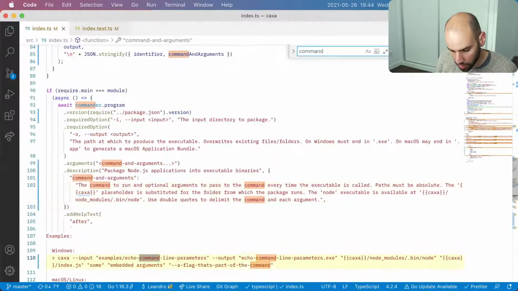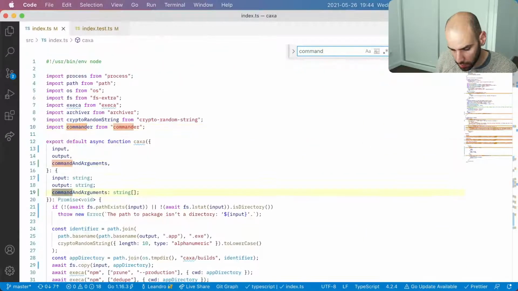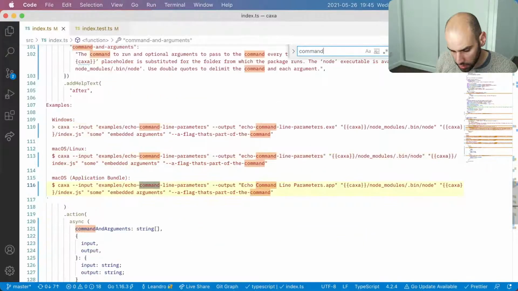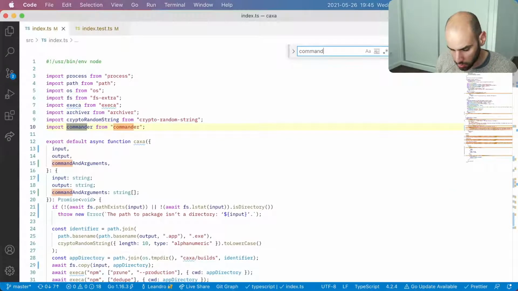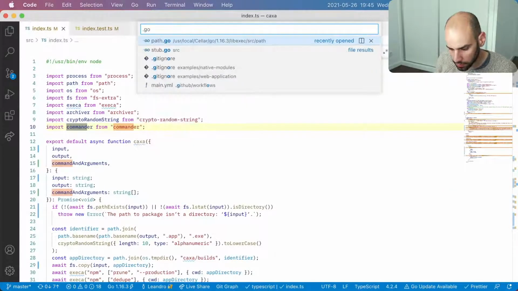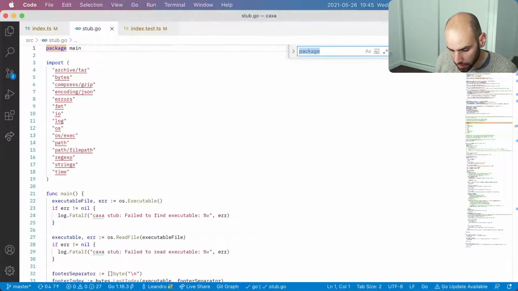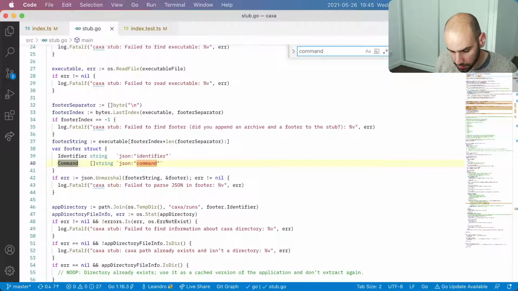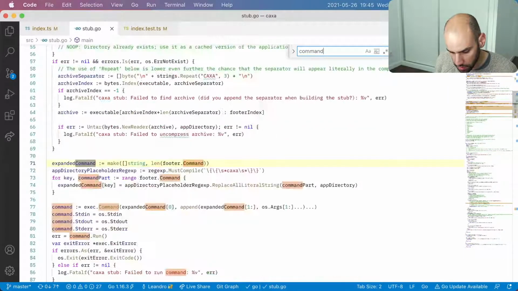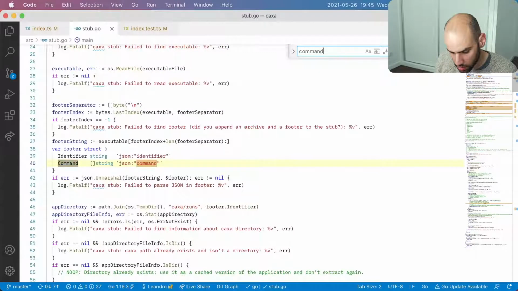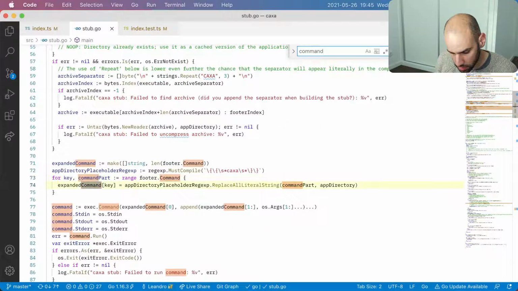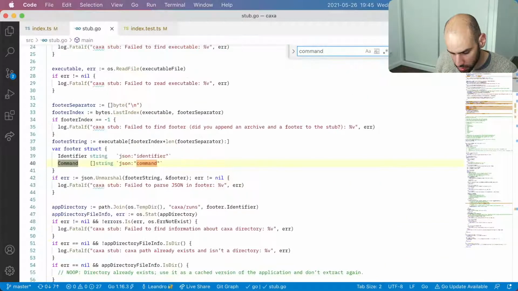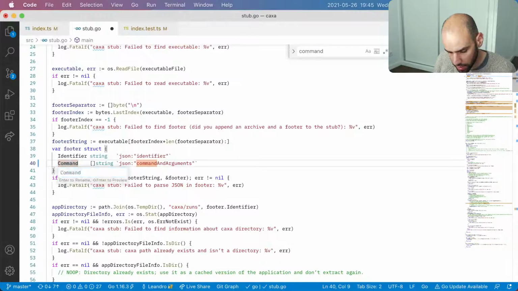So now every occurrence of command is called command and arguments. That's good. So now let's go to the Go code base and look for command. I'll probably have to rename a bunch of things, but yeah, okay, command and arguments, and I will rename this to command and arguments.